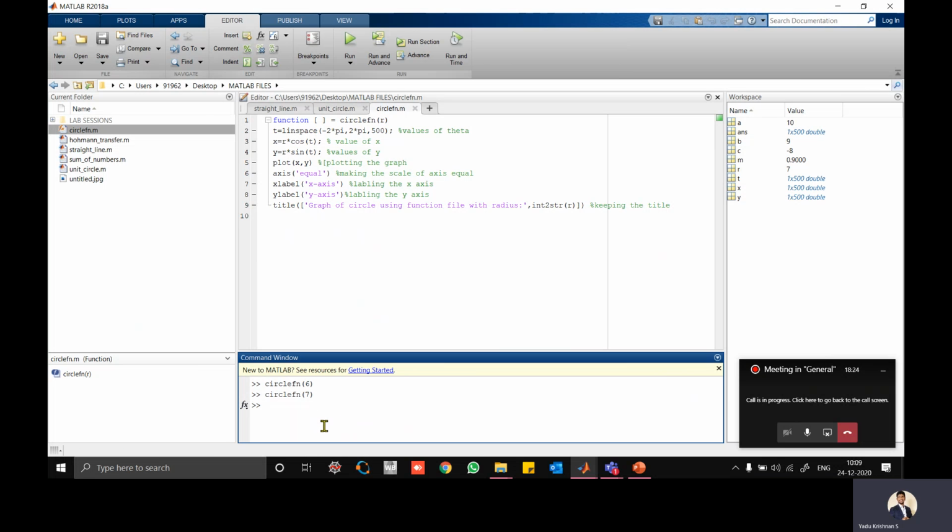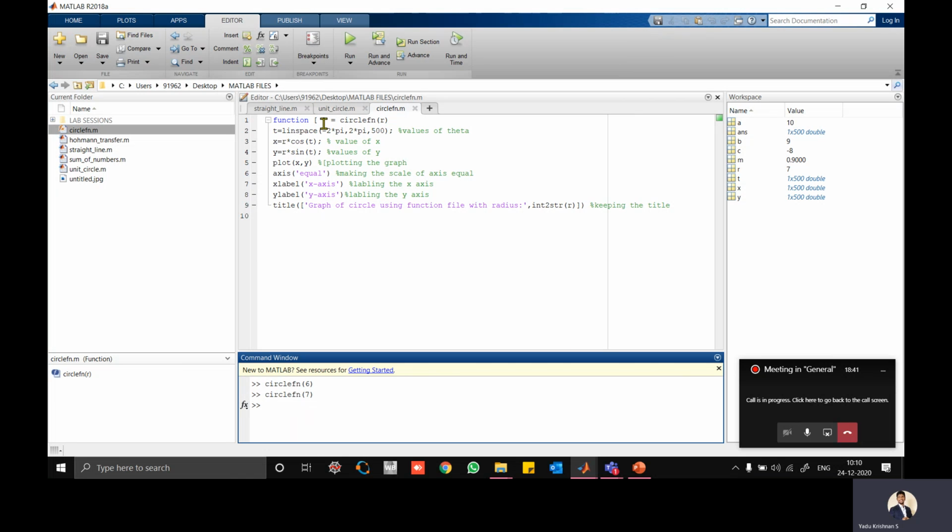But if you don't want that, you can just keep it null. There is nothing there, so you don't have to print anything. But sometimes you may have to print it. At that time, whatever output argument you give here will be printed here.